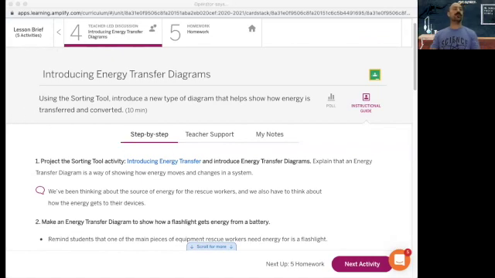And scenario 1 or activity 1, you need to power a flashlight with a battery using energy from the sun as an energy source, right? And then when you're done, you're going to press hand in, and it's going to take a screenshot automatically for you. Optional, if you want to build this in the simulator, you can totally,